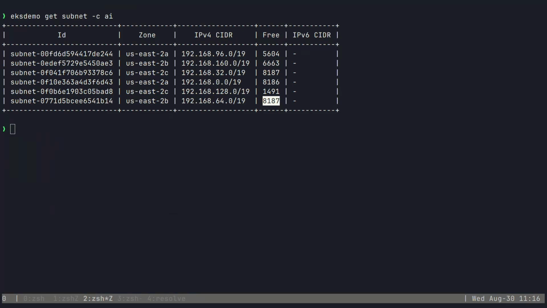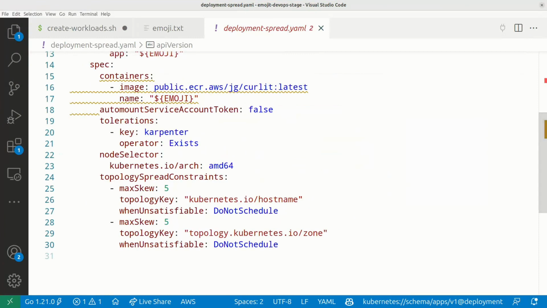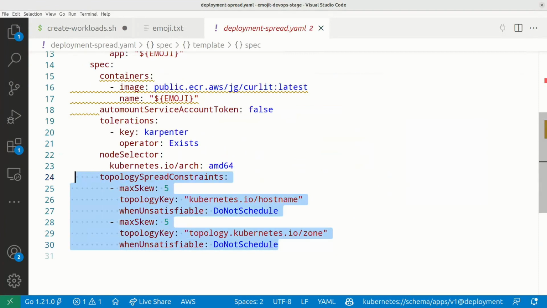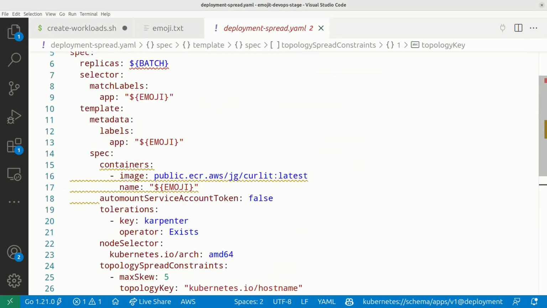I'm going to define how many of these pods or how many max difference I should have per zone and per machine. And so I have a topology spread based on a host name and the zone, and I want them evenly spread. So we just get more availability. Again, we're not looking at reliability yet. I have to build up to that. So availability, let's just go ahead and spread out all of our workloads.